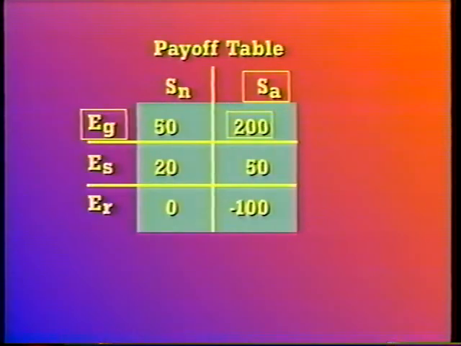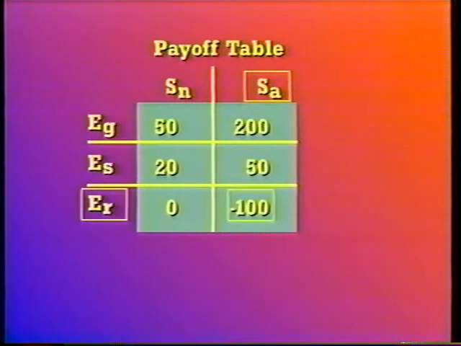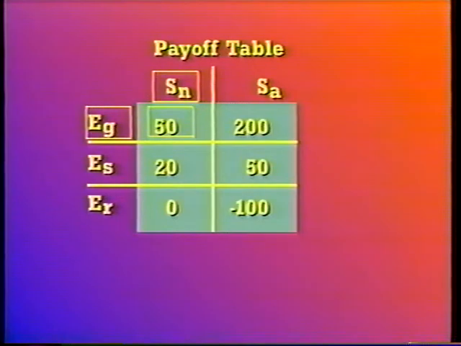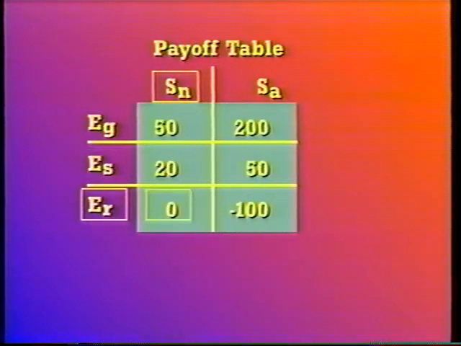Assume your payoff table looks like this. If you advertise and economic growth occurs, you'll earn $200,000. If economic stagnation occurs, you'll earn $50,000. If economic recession occurs, you will lose $100,000. Thus, if you decide not to advertise, your losses will be less and your earnings will be less too. Economic growth will enable you to earn $50,000 as your max. Economic stagnation will allow you to earn a max of $20,000, and if recession occurs, you break